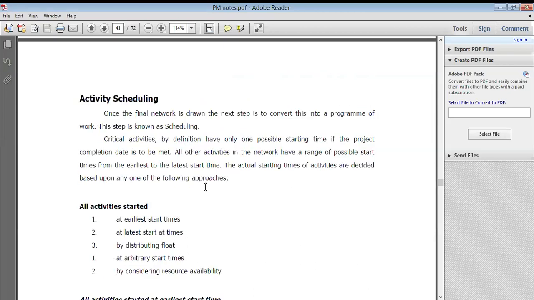Now the activity schedule, what is it? Activity schedule means we have seen the earliest start time and latest start time, right? Whatever the work you have assigned for one day, you fulfill or finish with quality of work. Same on the second day, same weekly, same 15 days, same monthly base, same quarterly base. So if daily basis you have submitted the perfect quality, you will get the exact time of what project is done, right? Means exact time you have to calculate.